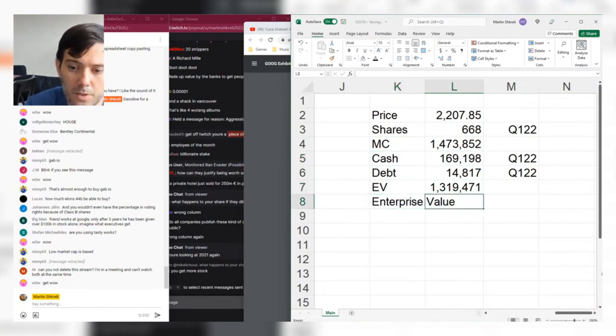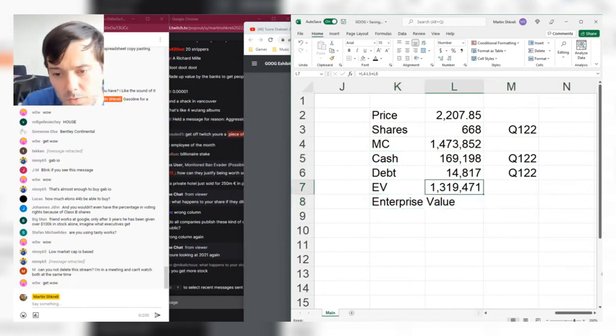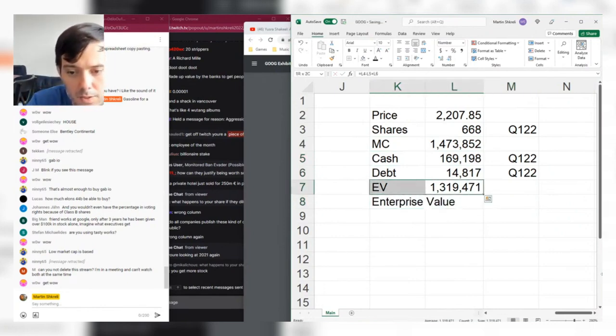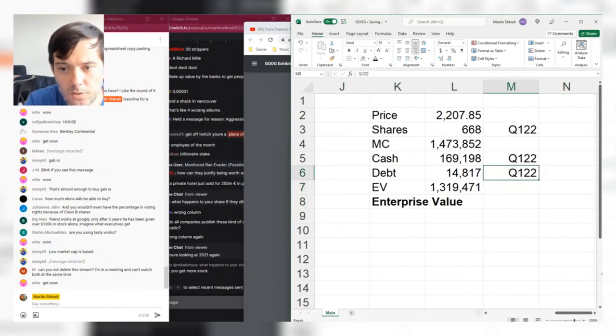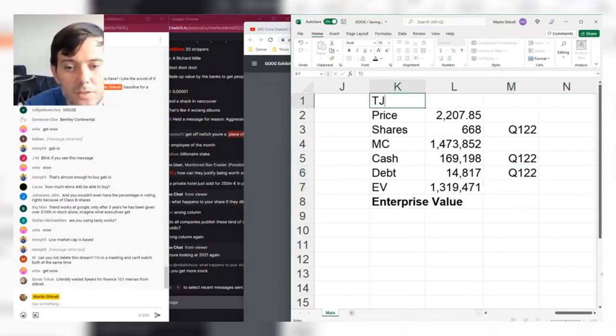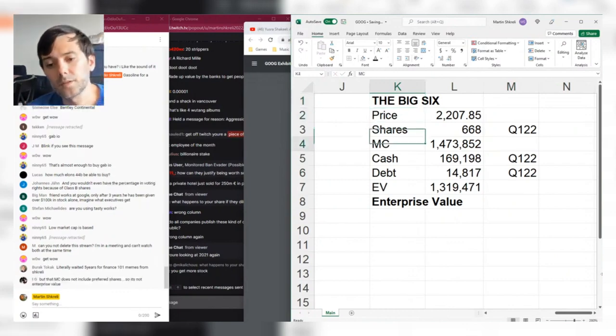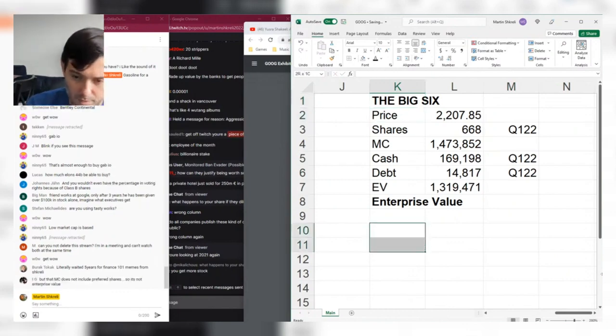Now, why do we care about enterprise value? What does that mean? Well, that's 1.3 trillion anyway, if you were counting. That's the enterprise value. But what does this mean? Why do I care about it so much? It's arguably the most important of these 6. You can call these the big 6 if you want. You need a fun name for them. Sometimes we'll call it that. So what is the enterprise value? Well, it's pretty